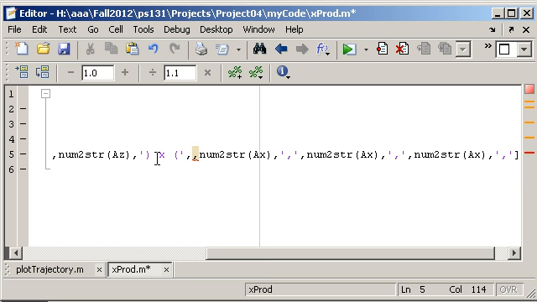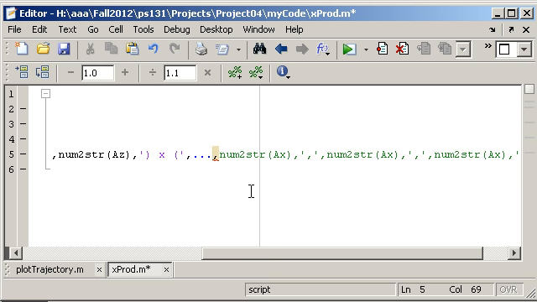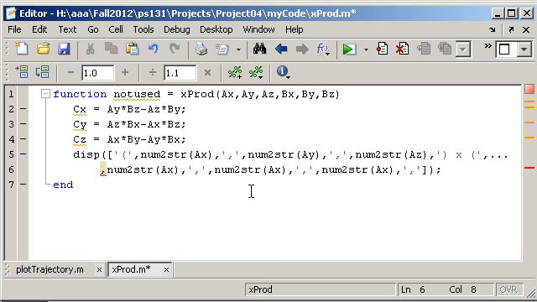I think for readability, I'd like to say that I'm continuing this line. So that's the open parentheses, and I think dot dot dot is what you do to continue a line, but I might have to look that up. So I think I got too many commas there. So I'm going to try just dot dot dot, and I get the open parentheses, and then the first thing